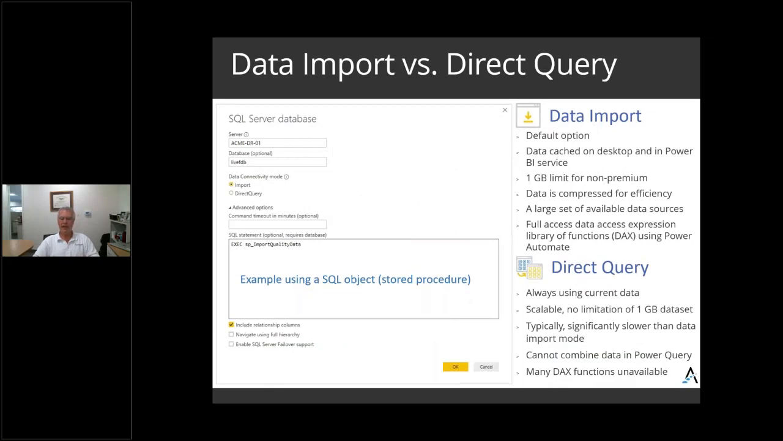There are two ways using Power BI to import or to access data. When you're creating a Power BI report or dashboard, you are prompted, do you want to import data or do you want to perform direct queries to that data? So there are pros and cons to both options, but the default option is to import data. And I think Microsoft and Power BI are designed that way because, as Ian mentioned earlier, when